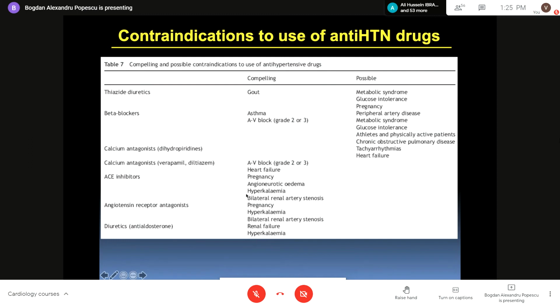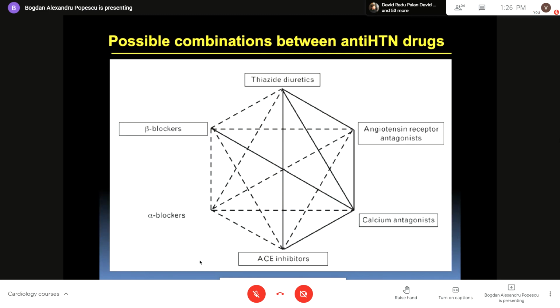Bilateral renal artery stenosis, we've just discussed. You don't use ACE inhibitors, you don't use sartans. Hyperkalemia, we know that ACE inhibitors and sartans lead to hyperkalemia. So if the patient already has hyperkalemia, we will not use those. So keep this into account. If the patient has gout with very high uric acid values, you don't use thiazide because this may aggravate this condition very much. So you need to know the contraindications, you need to know the situations where a drug is preferred, and based on that, you will choose the drug.